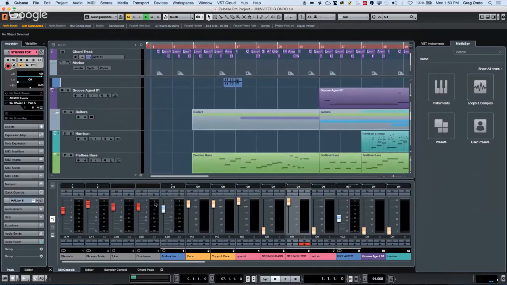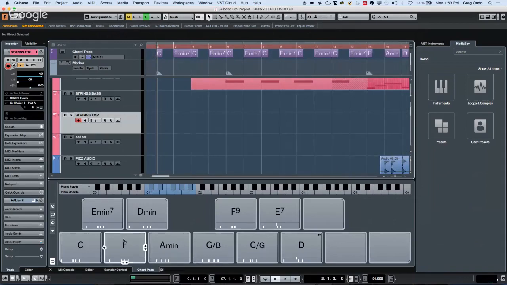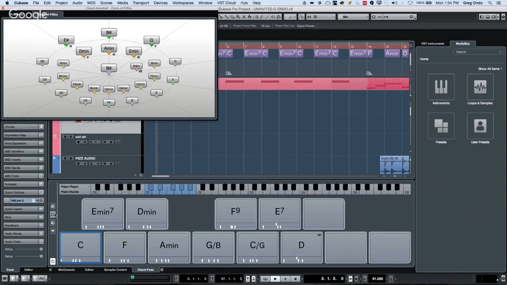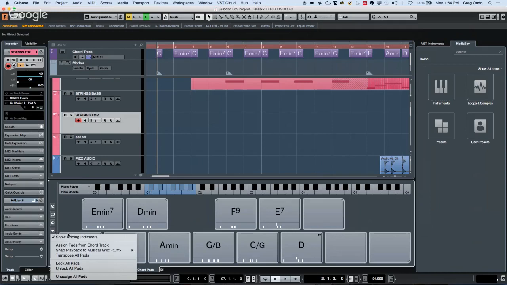Okay, so if I wanted to switch to my chord pad, I have a chord track here, and what I wanted to do was, if I wanted the chord track to be carried over directly into the chord pads below, at this point you could actually just save different chord track presets. But one of the things that you could also do is just assign pads from the chord track. So if you have the chord track used, you can now just assign those chords directly to the chord pads. And if I wanted to listen,